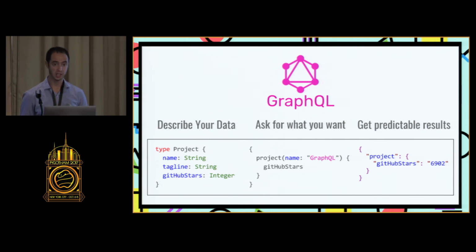So the first thing is that GraphQL is a spec, and it is not an implementation, right? And that spec defines a type system and a query language, and that is it. So there are implementations in over 24 languages. The reference implementation, which is actually kind of crappy, is in JavaScript. Python, the Graphene library is pretty good. There's Sangria in Clojure. There's one in Ruby. I think there's one for every single language, right?